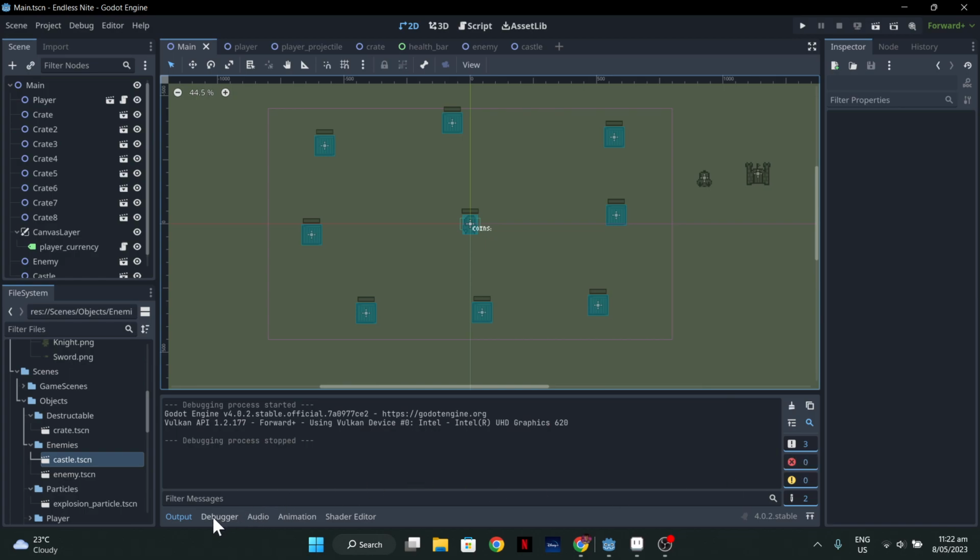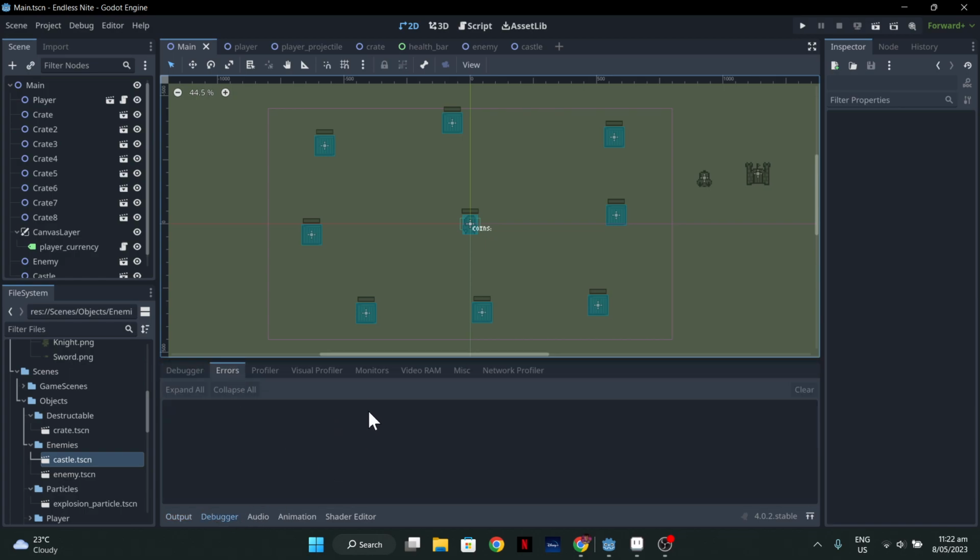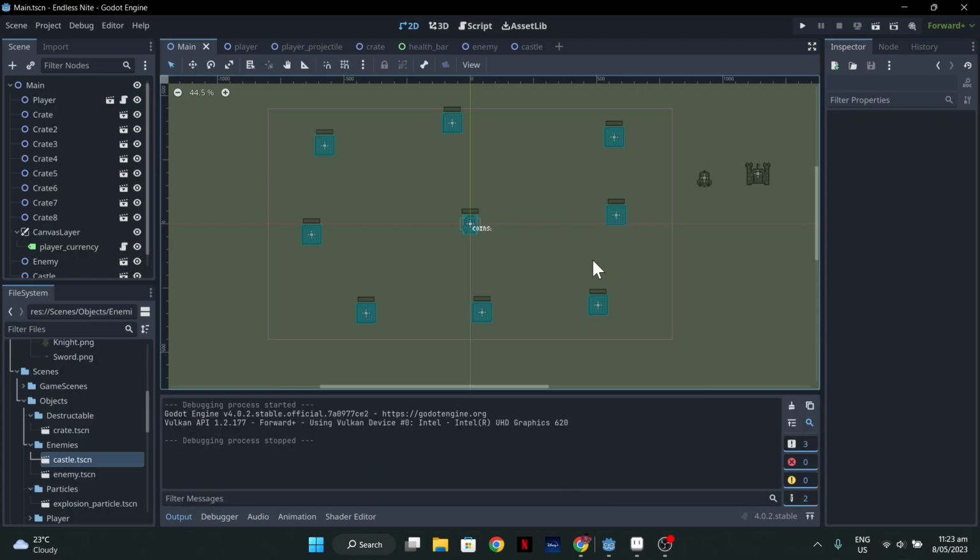I don't have any errors for no reason, like in Unity when it's like failed to load, blah blah blah, and this and that, all these random errors that just shouldn't be there. And also something else to note is Godot is pixel perfect. So if you have a crate right next to a crate, I mean, I could probably show you, but